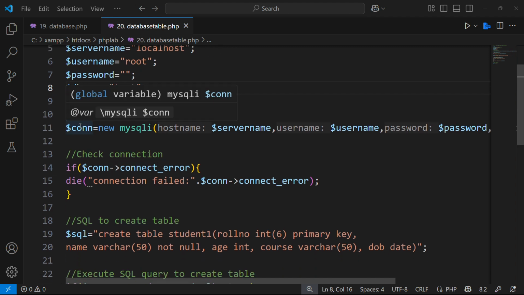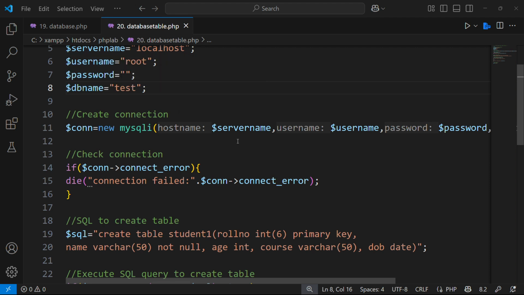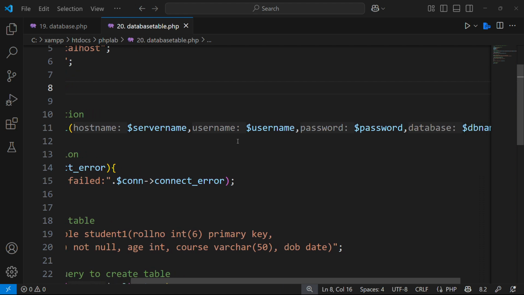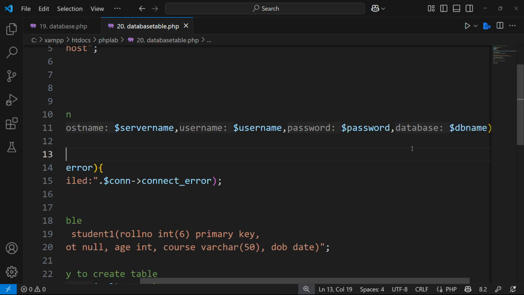Once you have done that, we have to create a connection here. We have to establish the connection to the MySQL database. For that, you have to pass all these variables as parameters here, that is $servername, $username, $password, and $dbname. So since we have to create a table in an existing database,